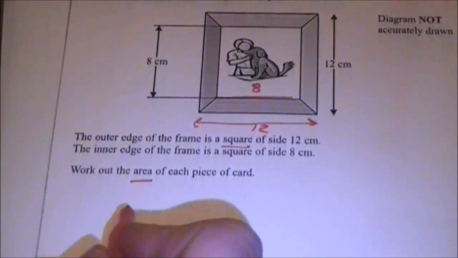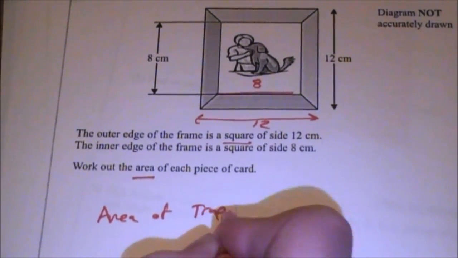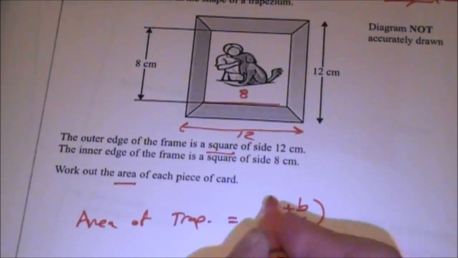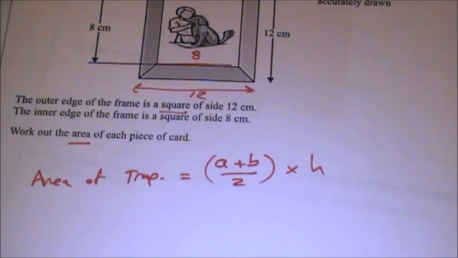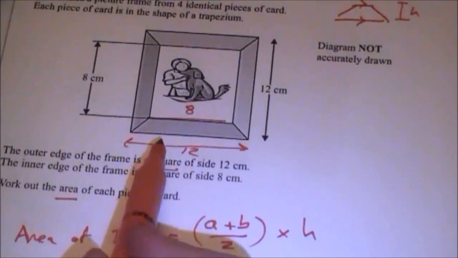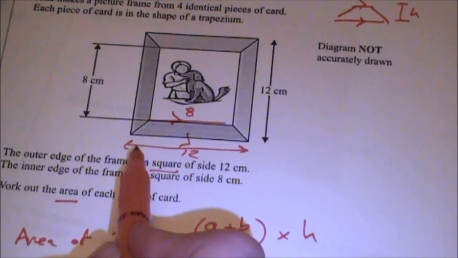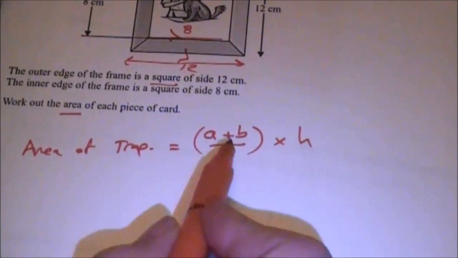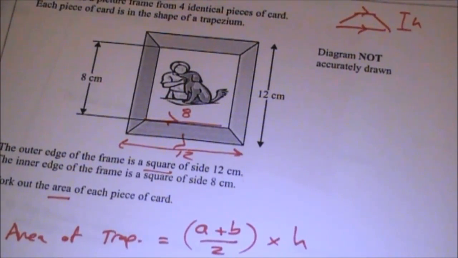Now, I know the area of a trapezium is the 2 parallel sides added together and divided by 2, multiplied by the perpendicular height. So let's have a look. Let's take this trapezium here. I know I've got these 2 parallel sides. That's 12, that's 8. So I've got the 2 parallel sides I need there. However, I do not have a perpendicular height. In order to find that,